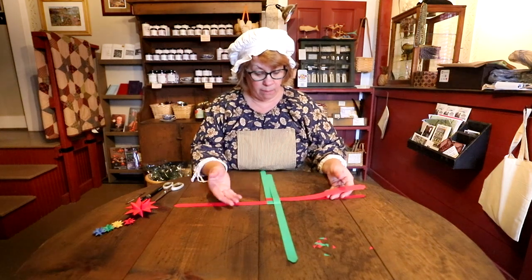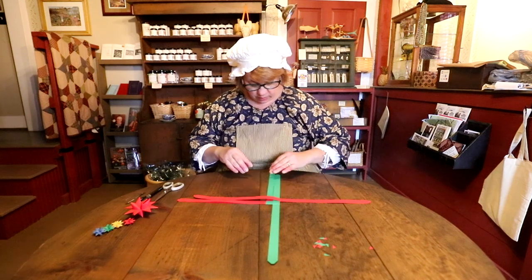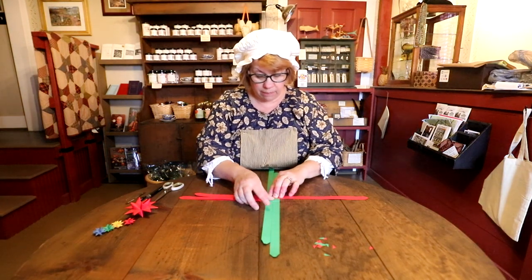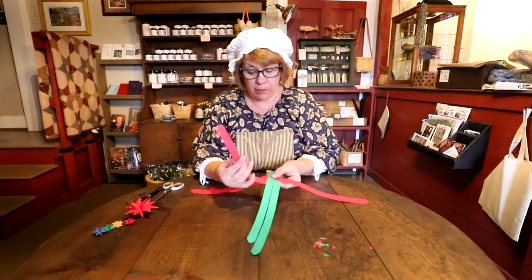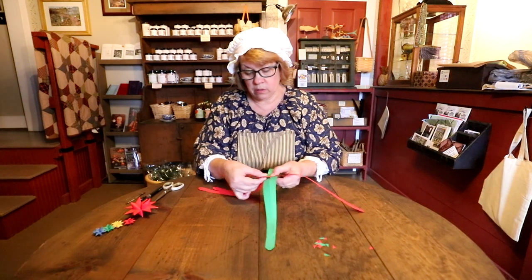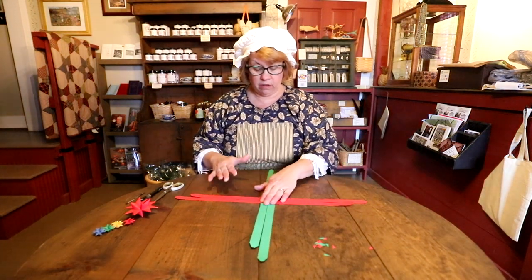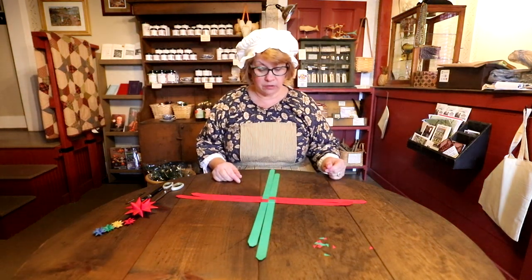If you're really sloppy with this, it won't work. Then we're going to take the one on my left and take it straight across. And then the one on the bottom, we're just bringing up the top piece of paper. And that one goes straight up. Then we'll take the top piece from the right. And I'm going to pick this up. It's going to go over and then tuck into that green one. So now you have a double basket weave, and you'll notice we have 8 legs out of the 4 strips